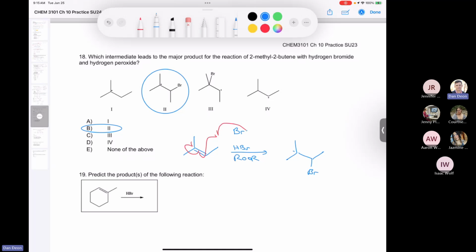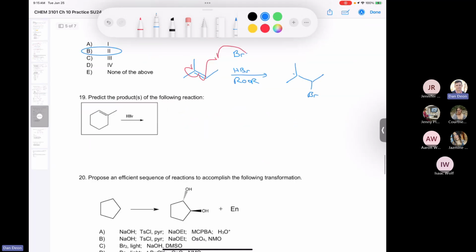Number 19, predict the products. Oh boy, this one's a Markovnikov addition because there's no peroxides in here. And so it might be advantageous for us to draw a quick mechanism. So remember, the rich are going to get richer. This is Markovnikov addition. How do I know that? It's HBr with no peroxides. And so this carbon is richest in hydrogens, and that means we're going to end up with this